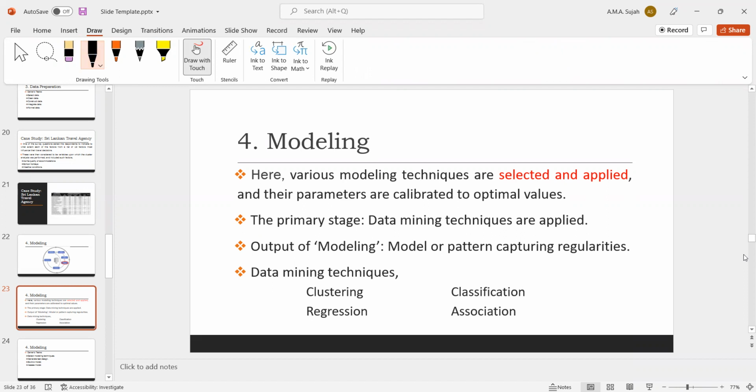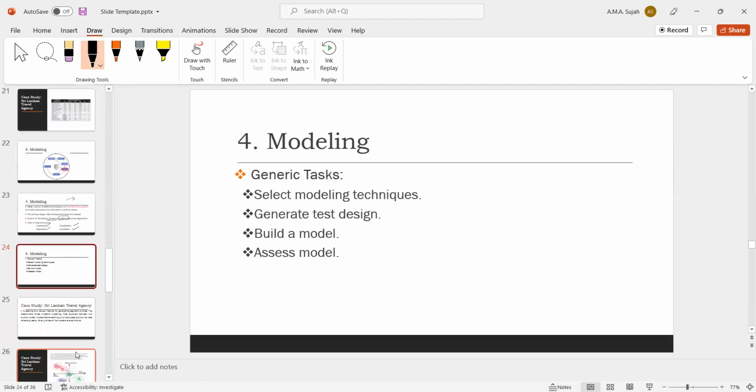The output of this modeling is a pattern, or we are developing a model. Pattern in the sense is also a model. It is created based on the data set we feed into this algorithm. We have different data mining techniques. We apply k-means, hierarchical clustering algorithm, regressions, linear regression, logistic regression. Also, we apply some classification and association rule mining. It's based on our requirements. Also, based on the data set we have, it will change from data to data.